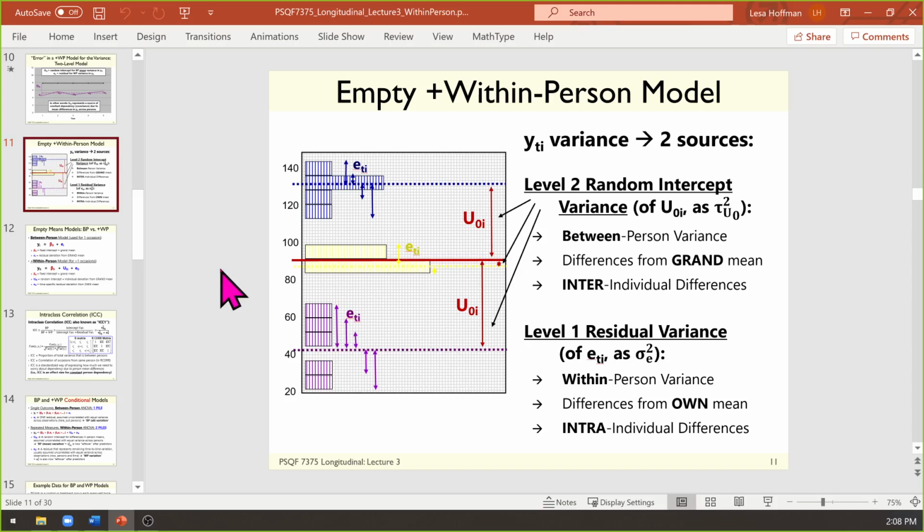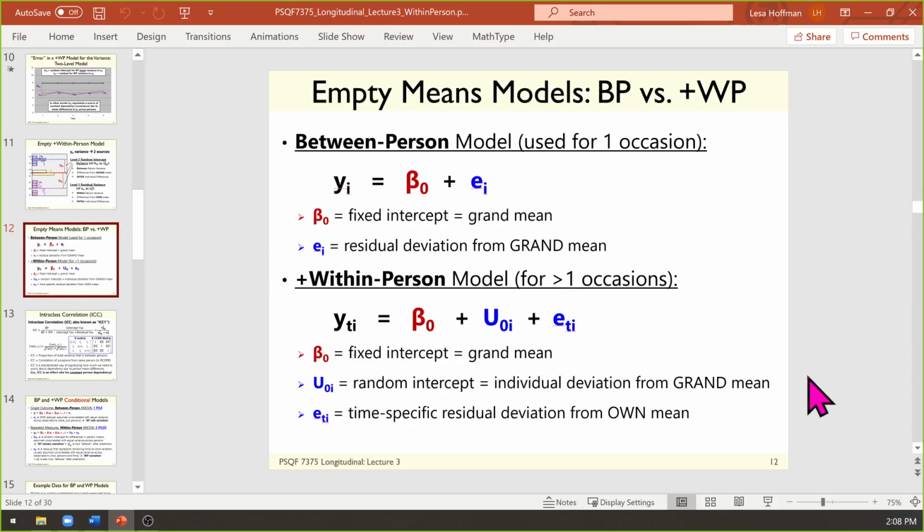Do you remember? I don't know if we've really gotten into this yet. Actually, we haven't really emphasized this yet. But the idea of equations that go with this picture is slide 12. So subscripts in this class are everything. Keeping track of what's a constant and what's a variable, and for the variables, what it varies over. That is the job of subscripts.